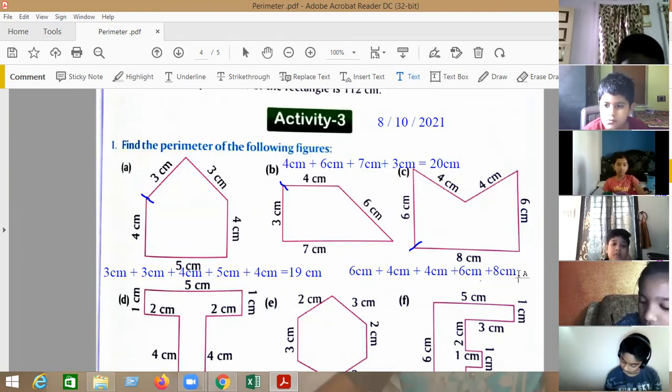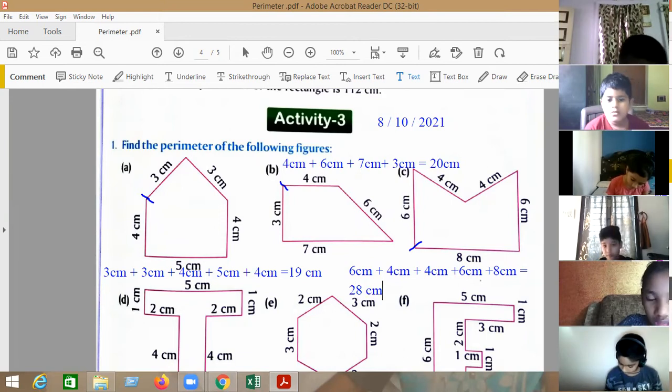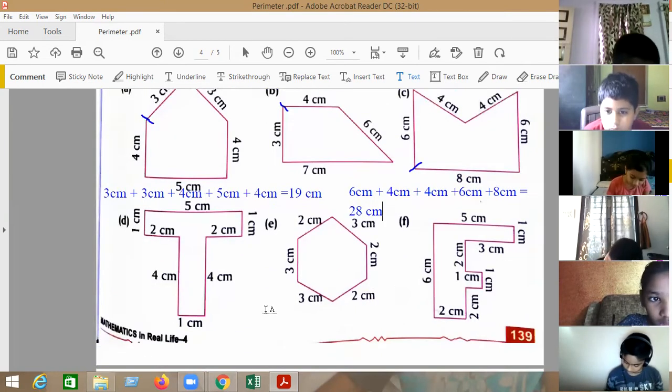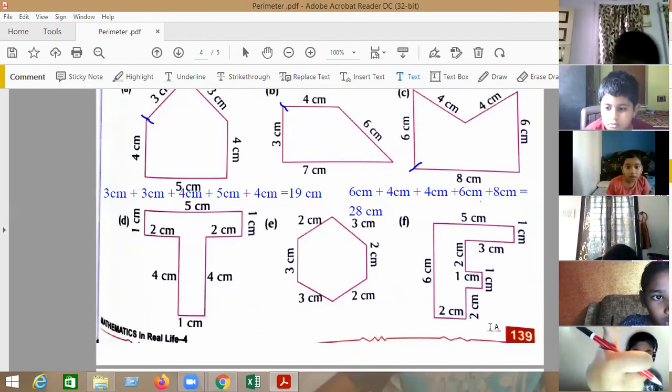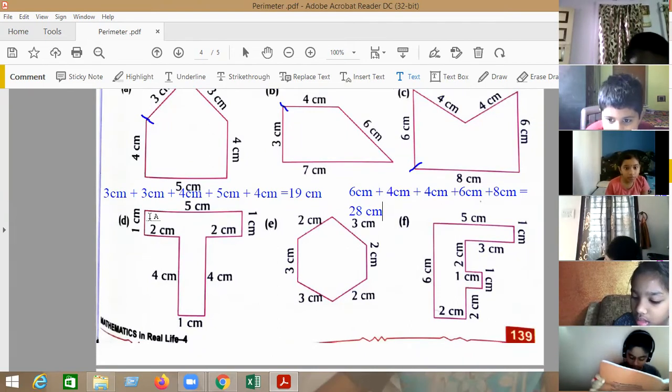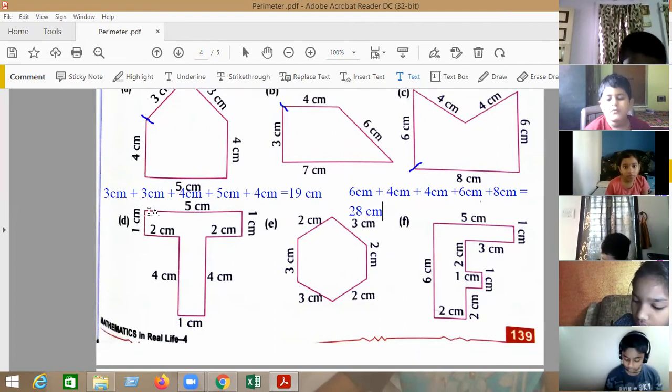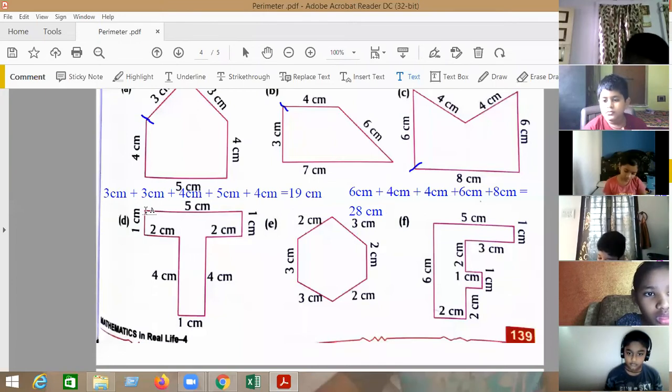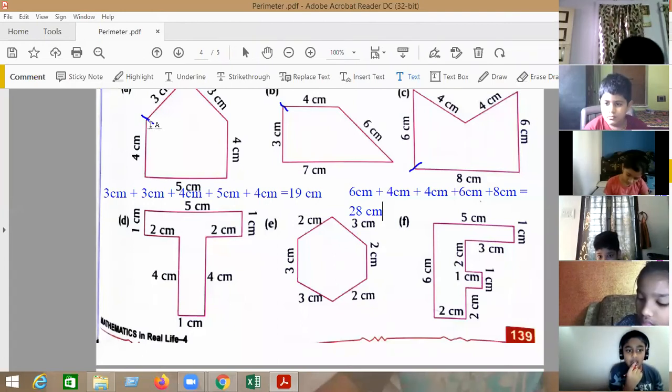Don't tell the answer, it is homework. You should try to do it. Children, the remaining 3 you try to do. So what is the first step you should do? You should mark your figure. That is your starting point, because there is no A, B, C, D. So you should mark it, then you will get an idea: oh, this is the starting position. We should do it. Okay?